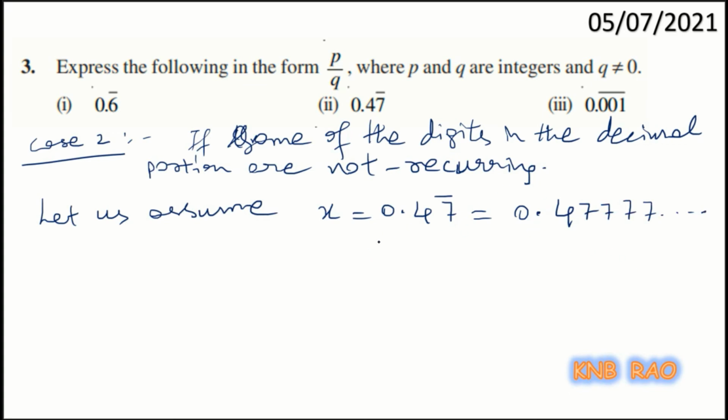If periodicity is 1, then I have to take 10 times x. So, 10x is 4.7777 and so on, and from that x is to be subtracted,